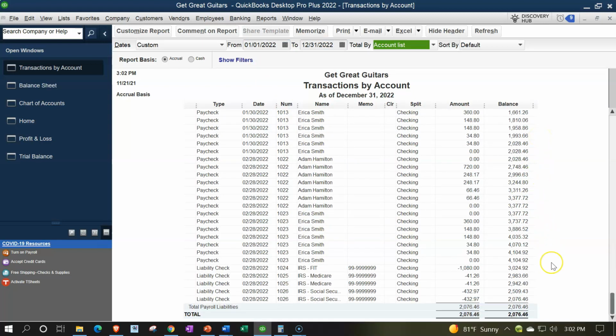Here's the activity. And then the payment that we made is right here for the FIT, the Medicare, and then the Social Security for those 2 items for the first month. And what's remaining then is what has been accumulated in the second month, which is the 2076, which has been generated in the second month for the liabilities, which we might be able to see a little